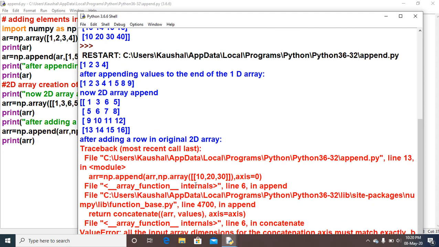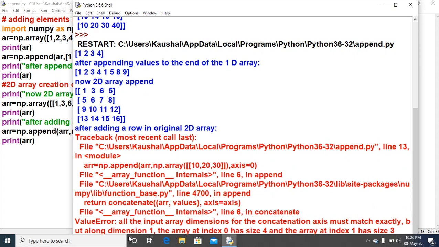See, the error is coming, and you can read what error is coming here. The AR append line is having an error. It is a value error: all the input array dimensions for the concatenation axis must match exactly, but along dimension 1, the array at index 0 has size 4 and the array at index 1 has size 3.